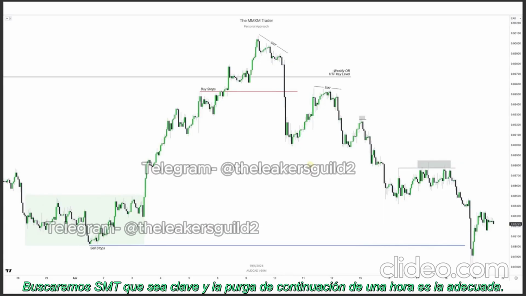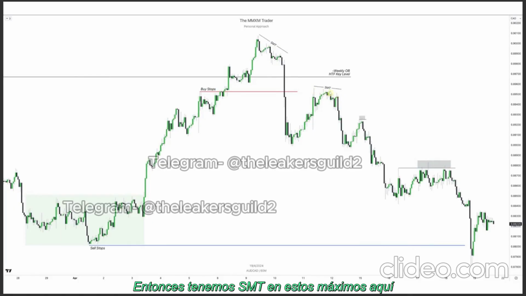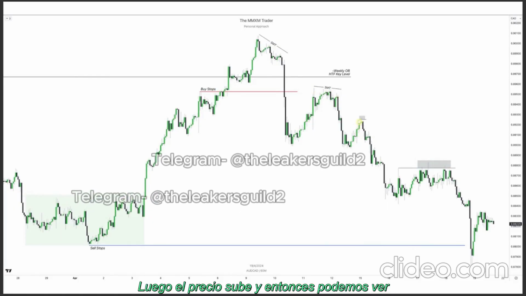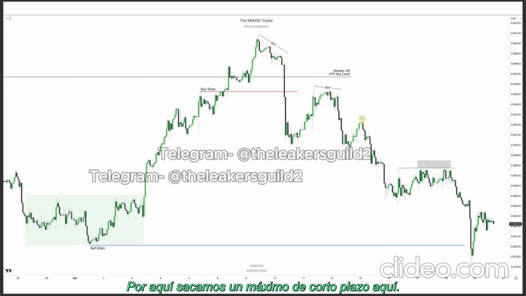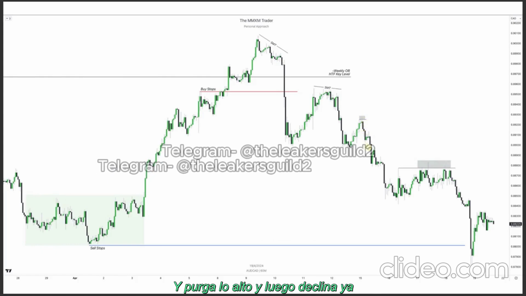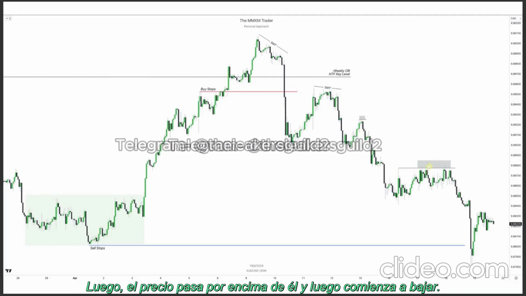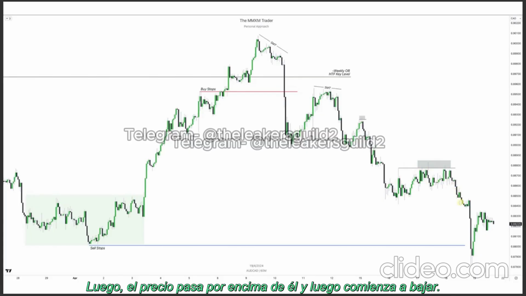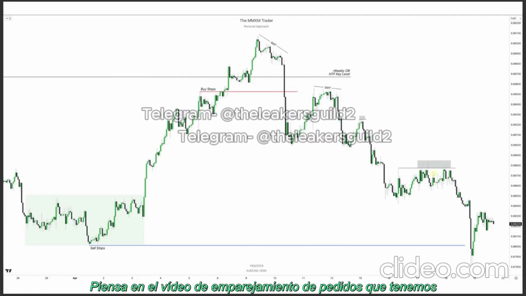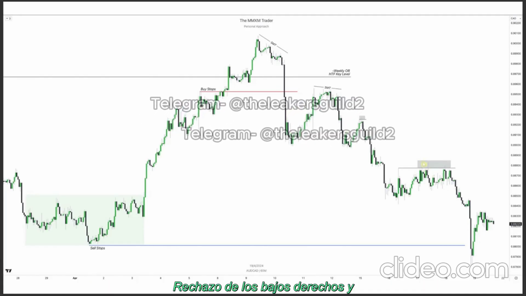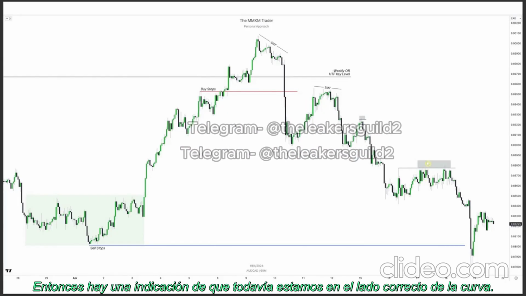We'll be looking for SMT, that is key, and 1-hour continuation purges, right? So we have SMT on these highs over here. Then price trades up, and then we can see over here we take out a swing high, a short-term high here, and it purges the high and then declines already. And we can see the same thing happening over here. We have a short-term high here, then price wicks above it, and then starts to decline afterwards. And also think about this purge, right? Think about the order pairing video. We have a rejection of the lows, right? And not an energetic close above it. So that's an indication that we're